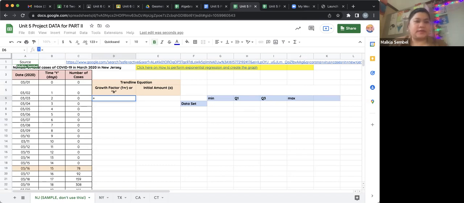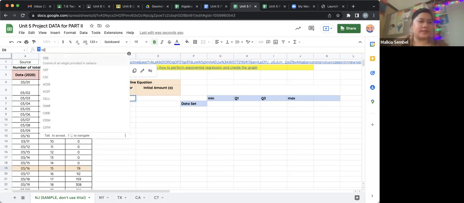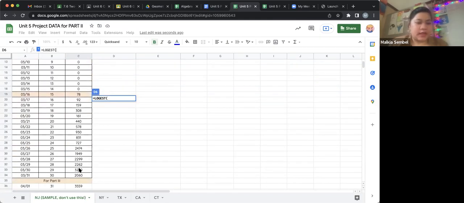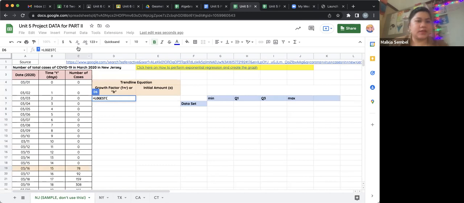and put an equal sign. Okay, you're going to find the data where it starts not at 0 on the number of cases. So in this case, 78, which is C19 here. You're going to put LOGEST, L-O-G-E-S-T, all capital letters. You're going to do parentheses, okay? The data starts from C19, right? I'm going to scroll down. It goes up to C34, right here, 2060. So I'm going to put capital C19